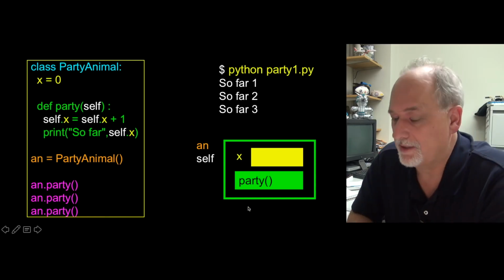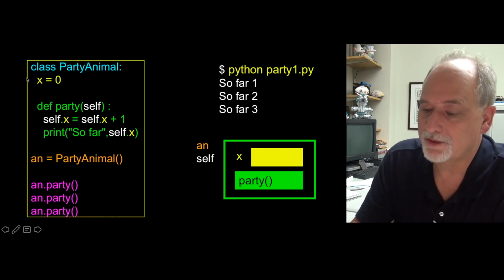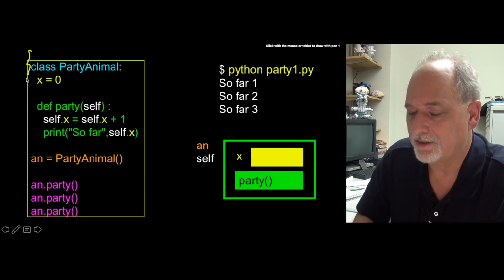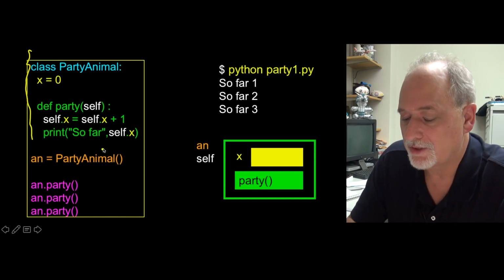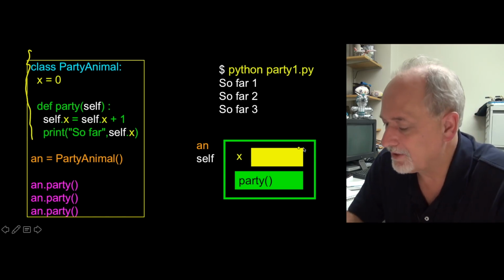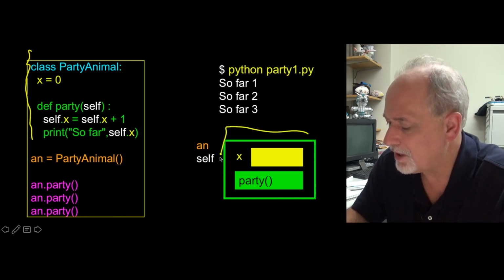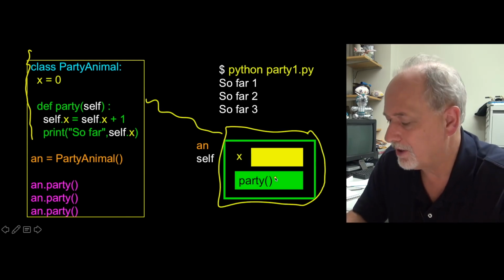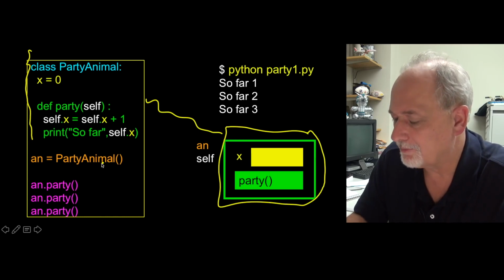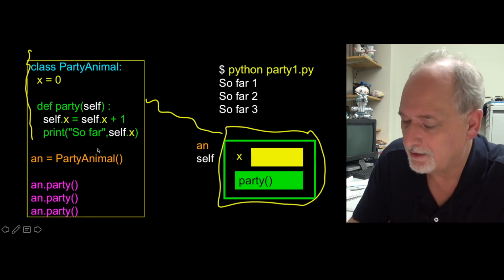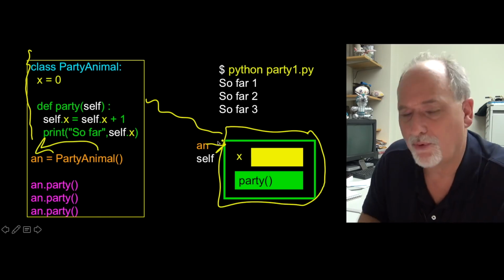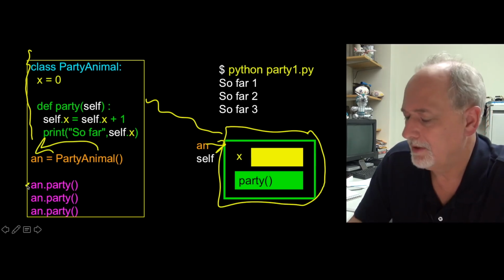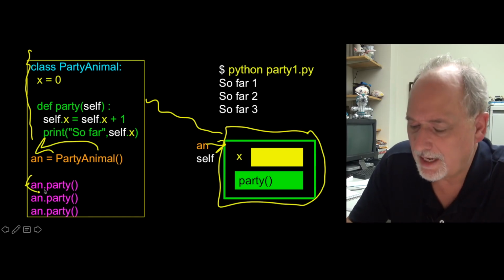So if we watch how this executes, it starts up here, it just defines it, and then we construct it. That's basically what constructing is. We know how to construct it because we look at the class and we make a variable x, we make some code party, and then we construct that. That's what PartyAnimal does, and then we assign that into an. And so an is now pointing at that. Then when we call the party method, that basically takes this an and passes